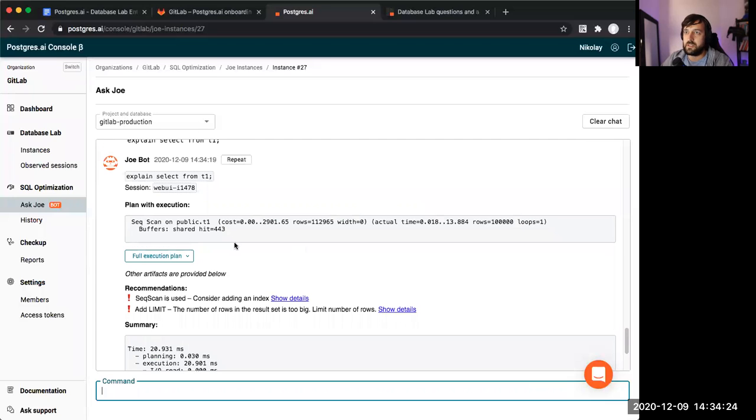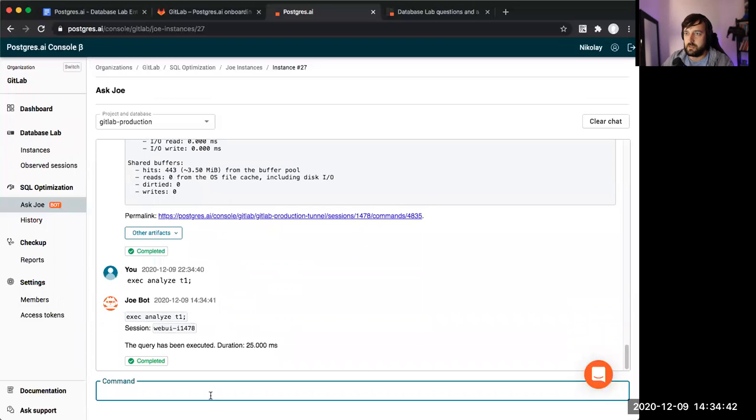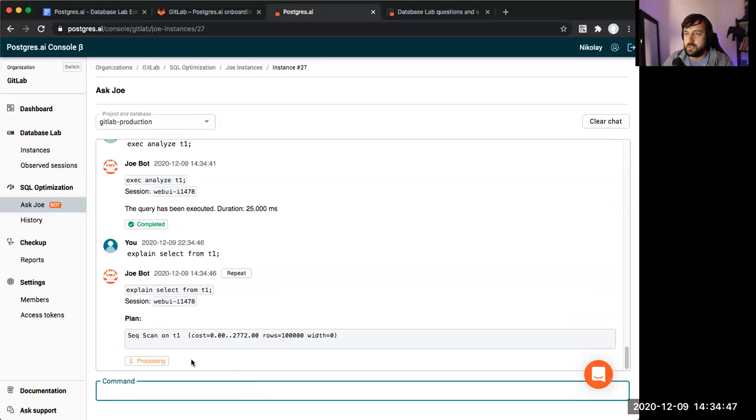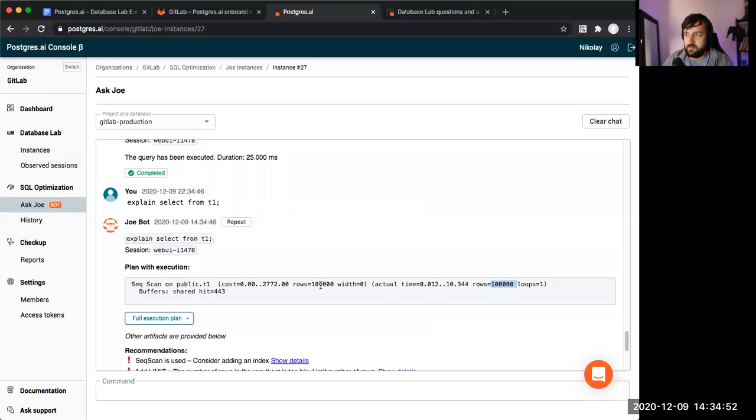Again, we can see a simple plan. It's a sequential scan. We see that the actual number of rows returned is 100,000, but here we have a slightly different estimate. We can adjust it if we refresh statistics for the table. If we just run analyze using the exec command, then we will be able to repeat the same command, and we will see that right now the planner already expects